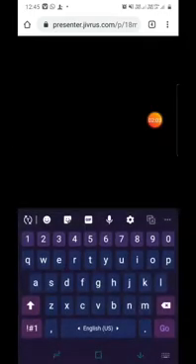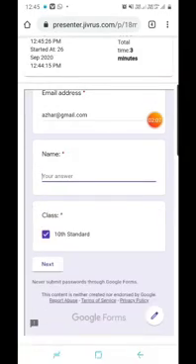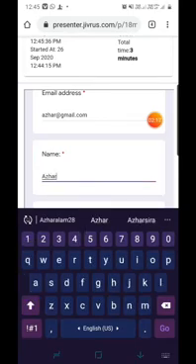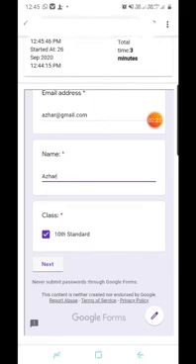Before going to that, I will show you one thing. Now I am leaving the name blank. I have not entered it. If I click on next, then it will not move. It will ask you to enter your name here. Like this, for every mandatory question, the question which is marked with the red star is mandatory. For every mandatory question you need to enter the answer. Then next,